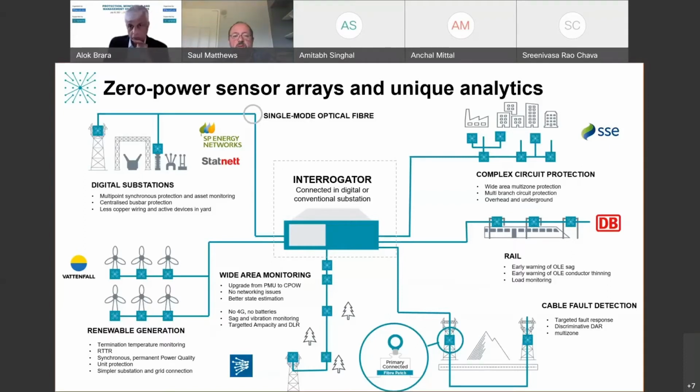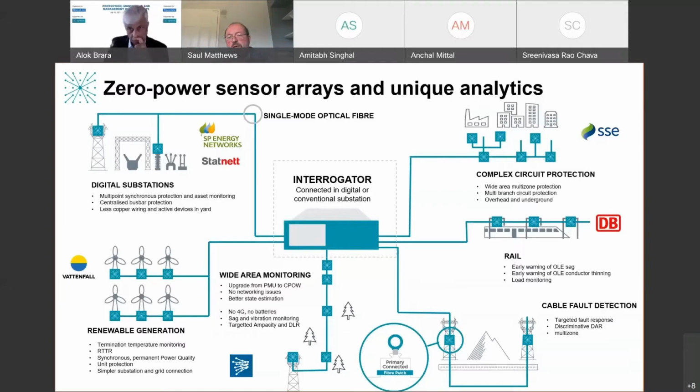Similarly, in wide area monitoring, we're doing a lot of work with transmission operators who want to understand what's happening with their lines in remote locations. So this could be monitoring for ice loading up in mountainous regions where it's very cold and the lines are hanging down too low, and we want to know if it's dangerously low and the vertical ground clearance is not sufficient, or it's about ampacity and it's about dynamic line rating. And so giving a very precise and accurate piece of information that says what's the current, what's the sag, what's going on with the wind and the temperature in the area on a particular span, rather than relying on probabilistic weather forecasts to find out what's going on.